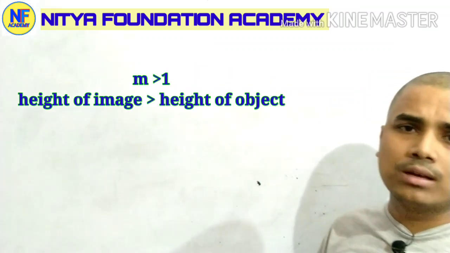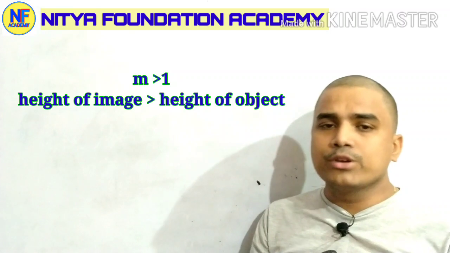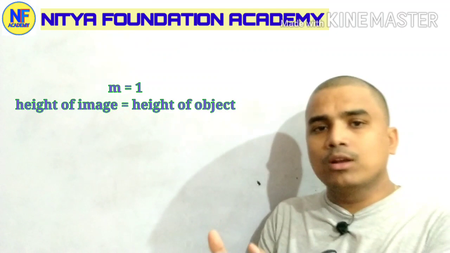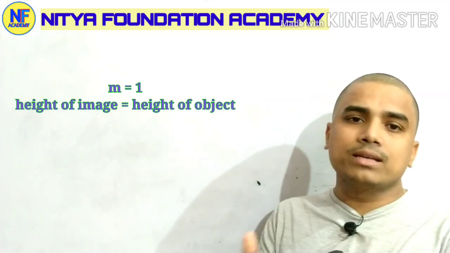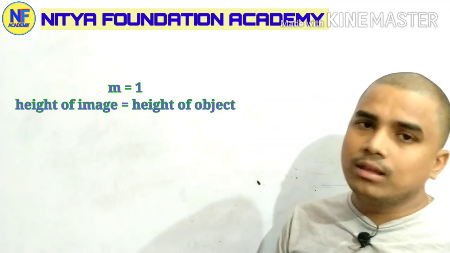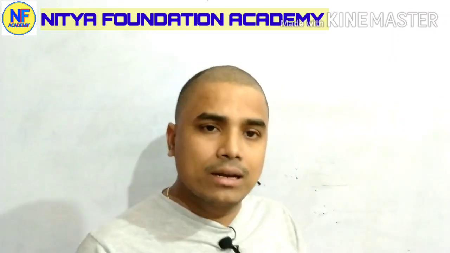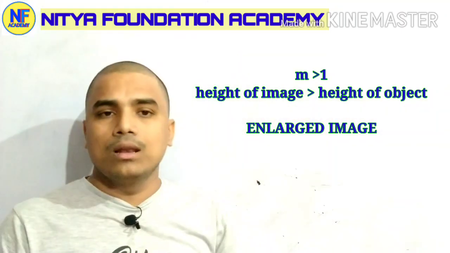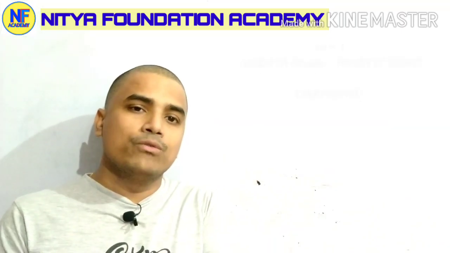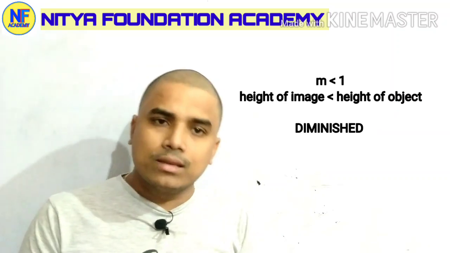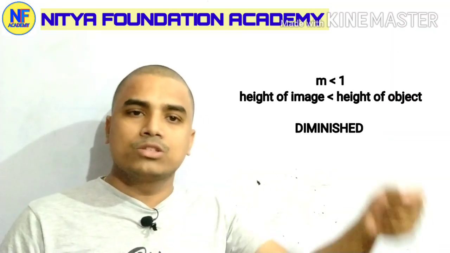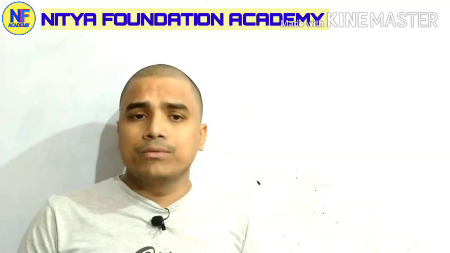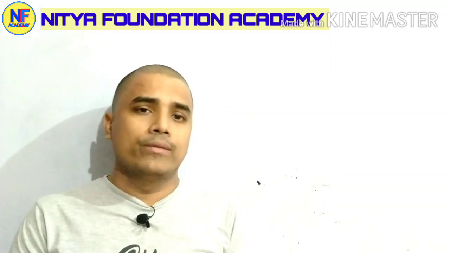On the basis of this concept, we will do some calculations to find what the magnification value will be. When the magnification value is equal to 1, then image size and object size will be the same. When the magnification value is greater than 1, the image size will be very enlarged. When the magnification value is less than 1, the image size is very much smaller than the object. So students, I hope you have understood the second topic we discussed, that is magnification.